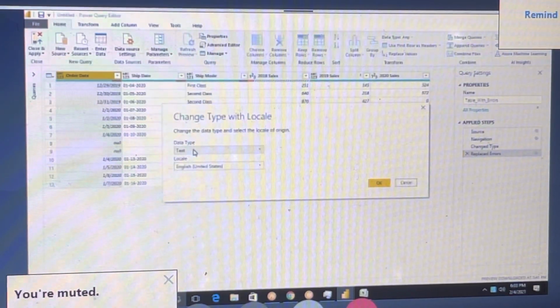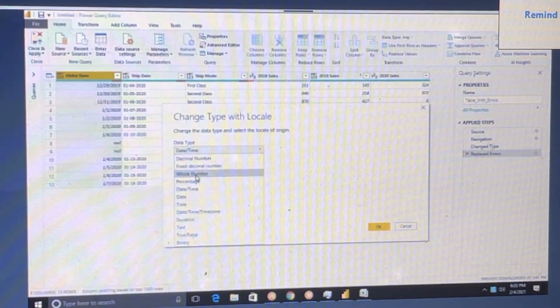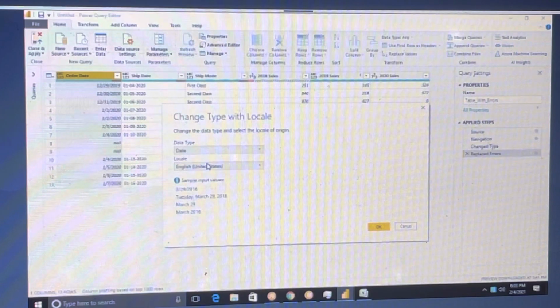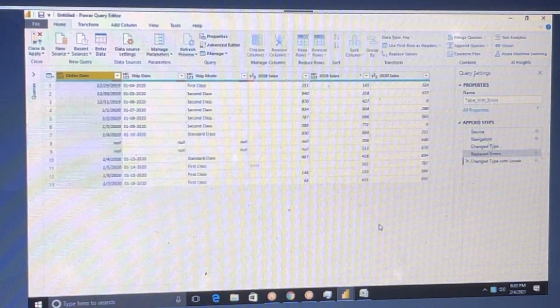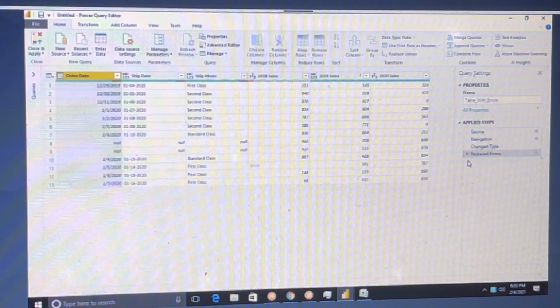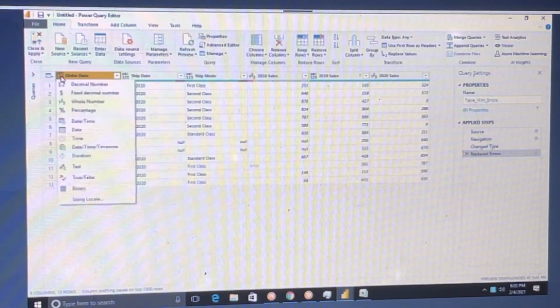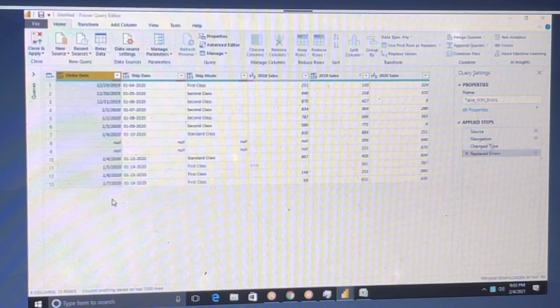The data type is stating that it is different. Now what you do is select a date, and whatever format you want, you can select it. Click on OK. Now it is converted to date format. Previously it was different. Observe what I have done. This is also ABC. Click on this ABC 1, 2, 3 and click on use local.